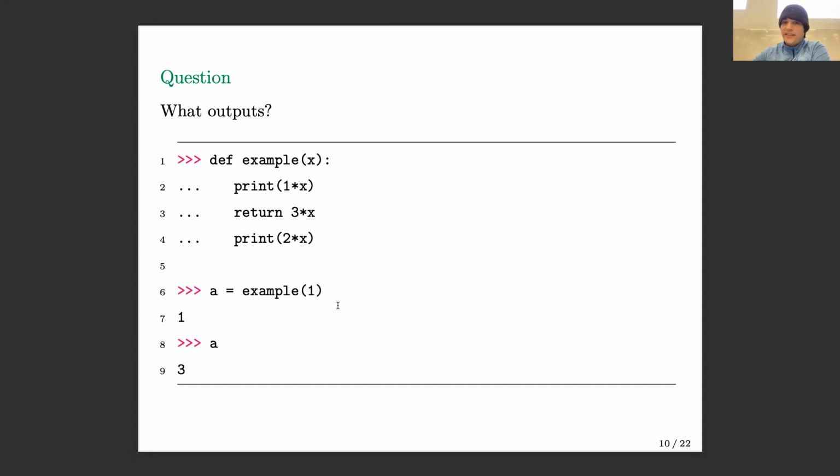And let's walk through what Python has done. It knows about this function because it's been defined. If I tried to do example 1 before I defined this definition, it would say, I don't know what this function is. So again, sequence matters. So it goes to example. It says this x needs to become 1. Great. Print 1 times 1. That's what this is. Return 3 times 1, and we're done. It leaves. It doesn't matter that there's stuff under return. Return ends the show.